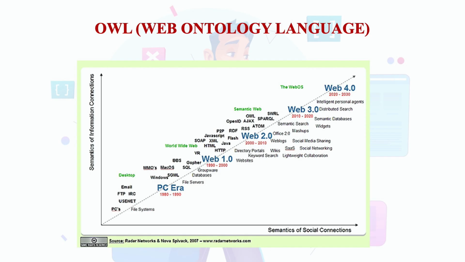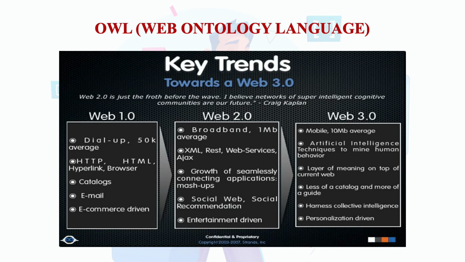Each and every web has its own version and its own features, and they are completely evolving. These are the key trends you can observe, the key differences one can observe. Web 1.0 is a static, read-only web, and